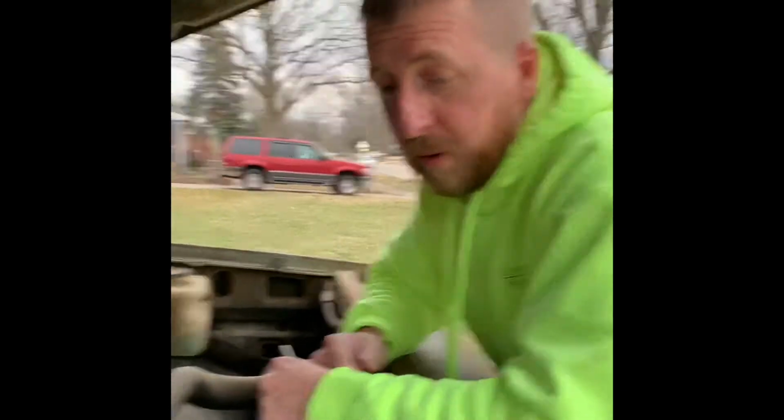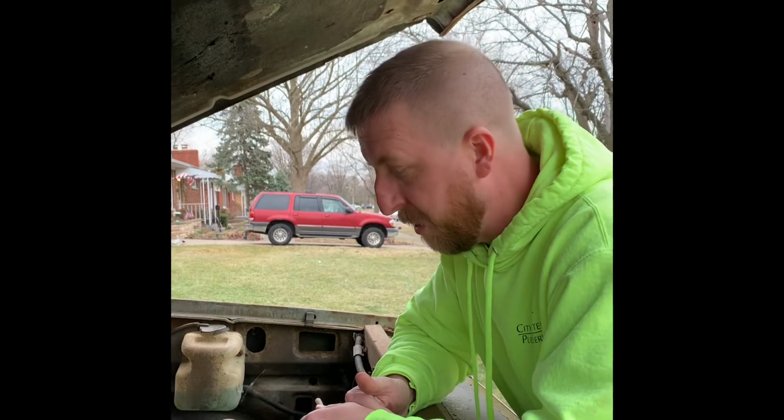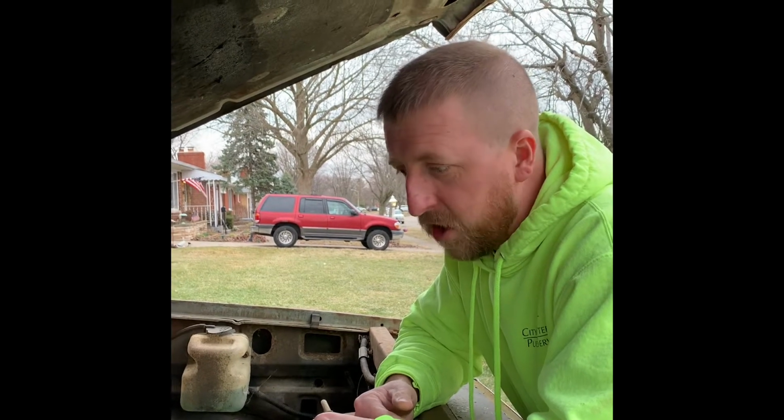Okay. All right. So one of the first things we want to do, James, anytime you're looking at something you don't know the condition of, obviously we check the oil, make sure it's got oil in it. We know it's got oil because we checked that earlier, but we want to make sure it's going to rotate and turn over, right? So we could go in there and hit the key and pump the gas in there and just try to see what happens, but